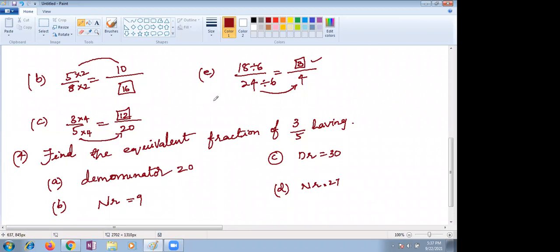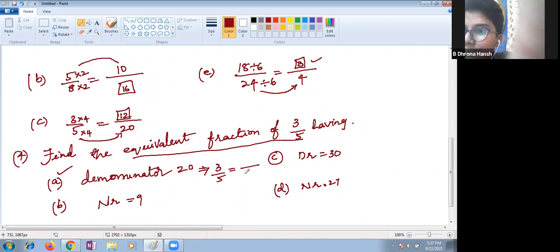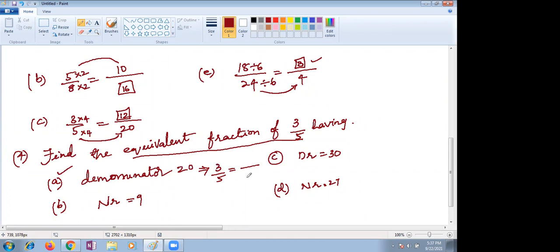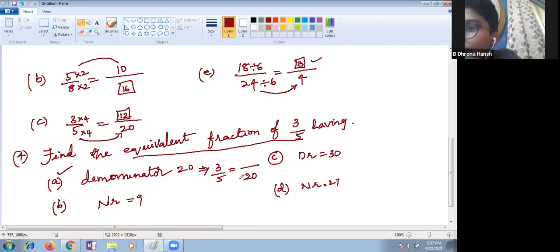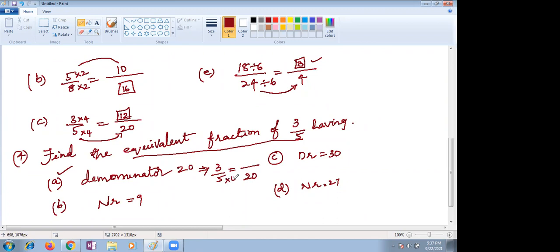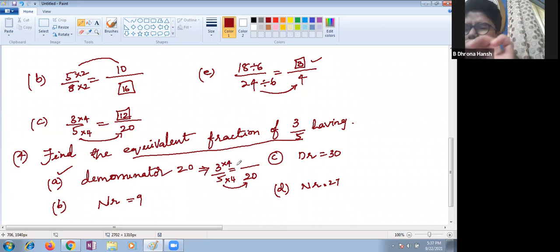This question you have to solve using our previous method, Nana, which is the equivalent fraction of 3 by 5. So this can be written as 3 by 5 equal to, numerator or denominator is given in the first bit. Drona. Denominator, ma'am. Denominator means should I write up or down? Down, ma'am. Very good. Ma'am, it's 5 4s are, ma'am. Very good. 5 4s are 20. Yes, ma'am. And sorry, ma'am. 3 3s are, ma'am.